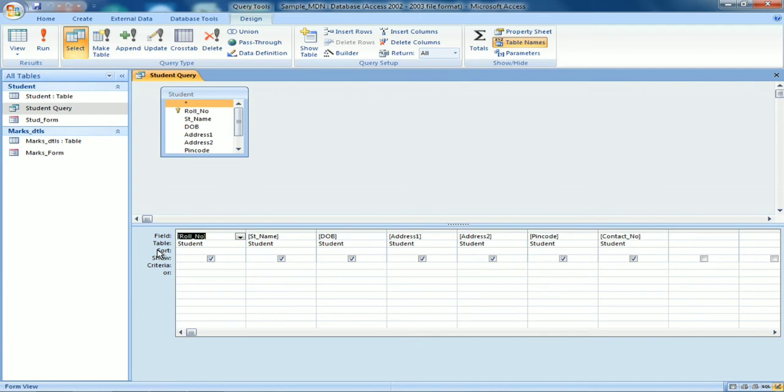So you see in the table, the student name has come automatically. You did not have to select again because initially you selected the table name student. Now if I switch it off, that means this will not be displayed. So I have to tick it on. That means show: this field will be shown, student name, date of birth, all these individual fields will be shown.